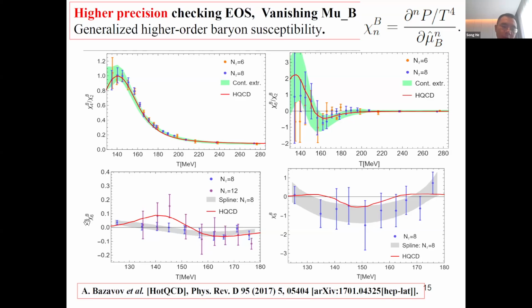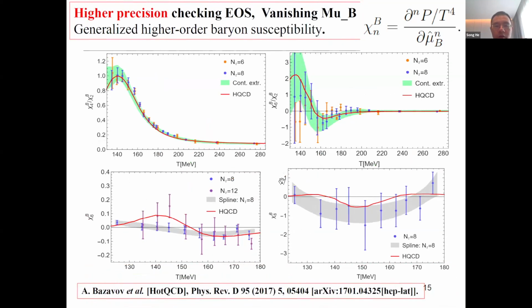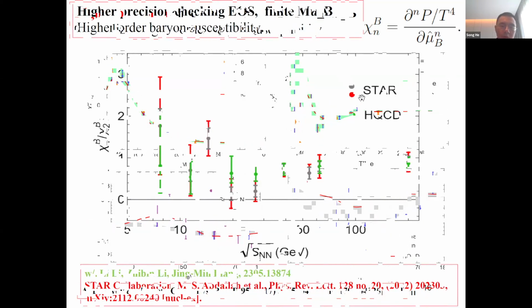This is higher precision data, because this is mostly inside the so-called phase transition region of QCD, with non-monotonic behavior. This data is taken from this paper, but here we only focus on the baryon number susceptibility at zero baryon chemical potential. So in that sense, in the QCD phase diagram, as I said at the very beginning, the data is only from the y-axis. How can we extend? How can we trust this model?